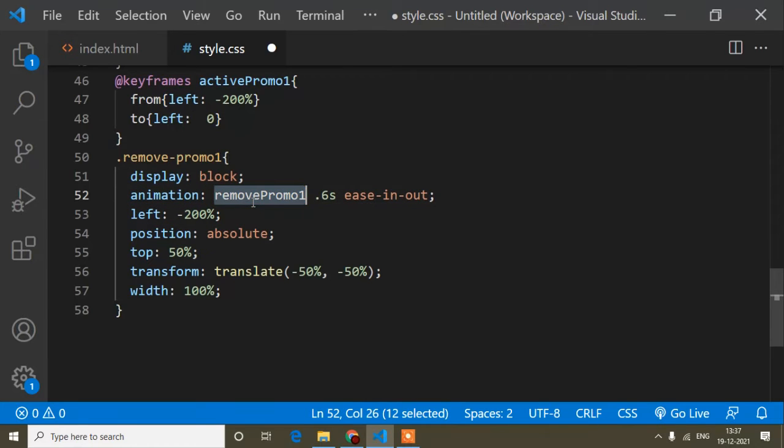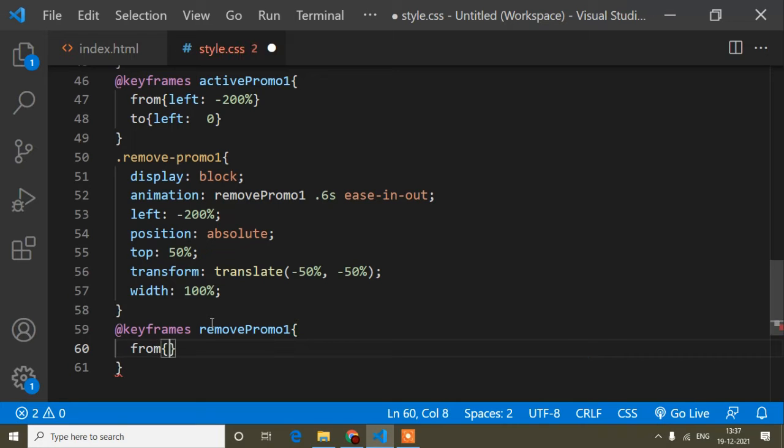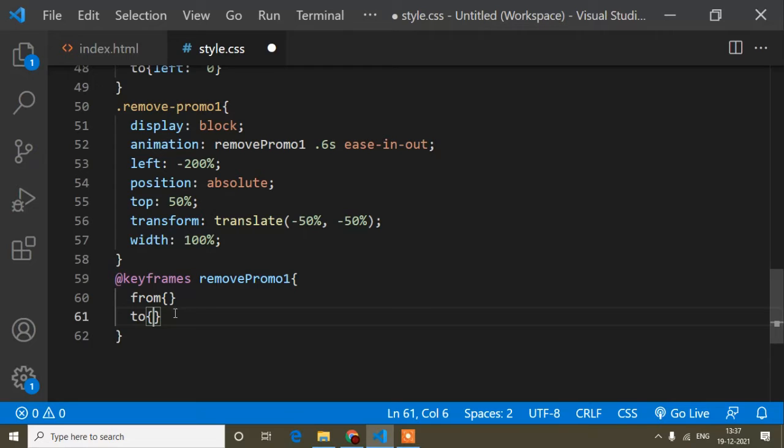So for the animation, here I will write @keyframes, and the animation name, this one, and the same from and to. So here I will write left is 50%, and to I will write left is minus 200%, right.